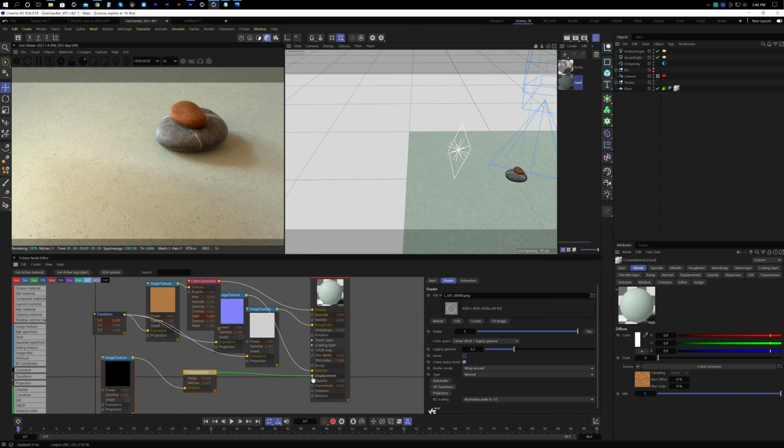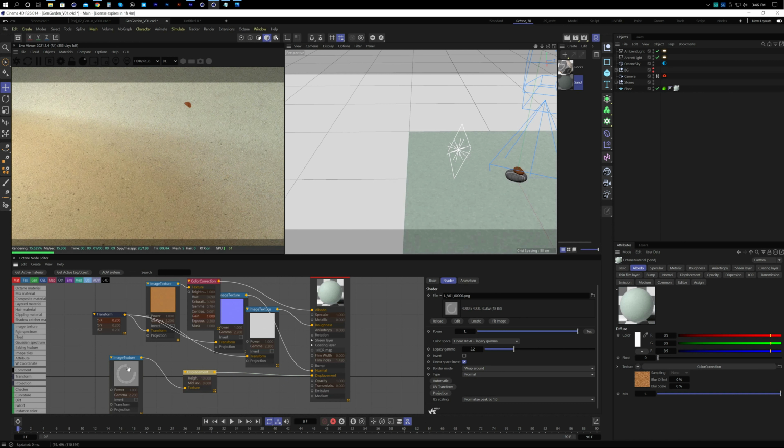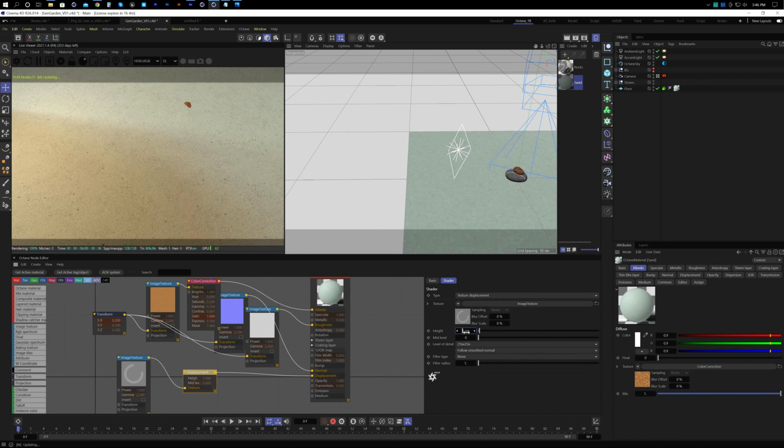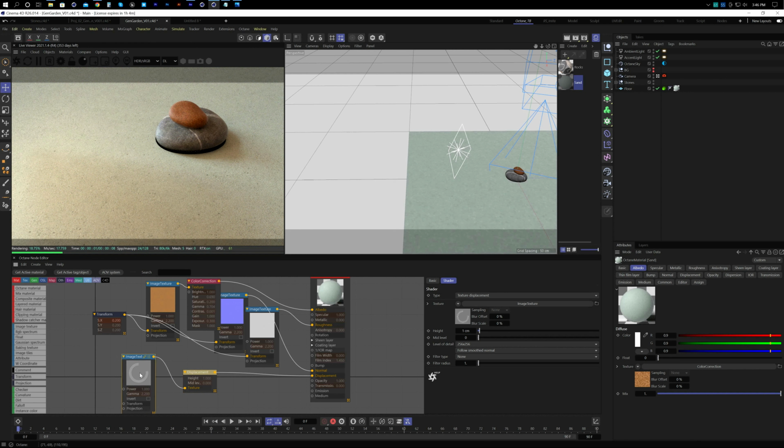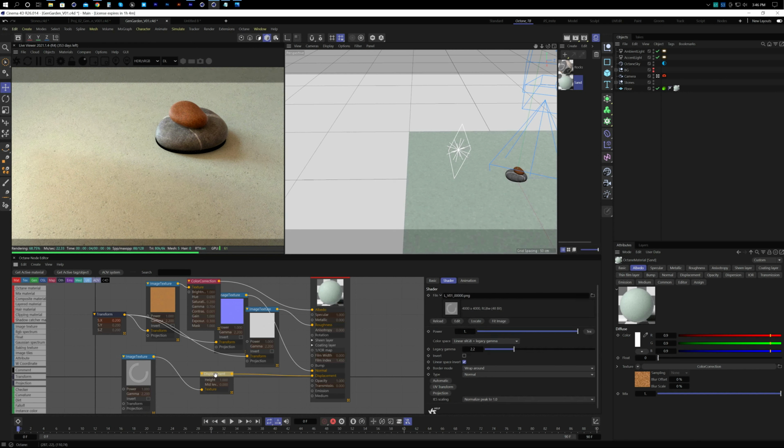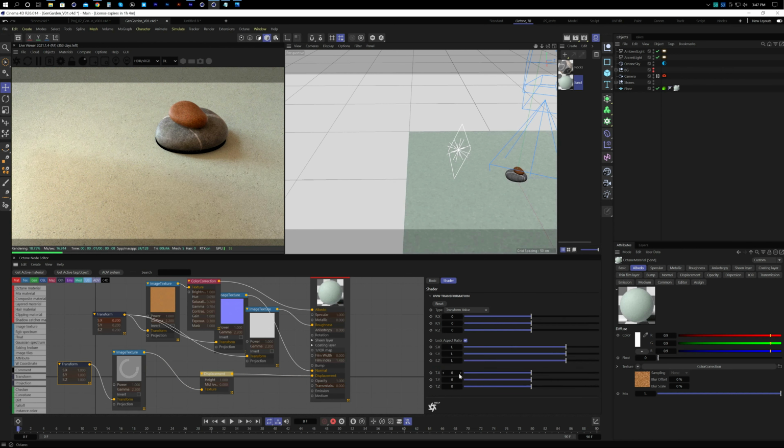So now we are seeing it everywhere because the value is too much. Maybe we can do just like 1, and maybe it's too big. We have to scale down a little bit, I think. Okay, maybe 0.5 works fine. And see, the lines are not detailed. There's the reason of